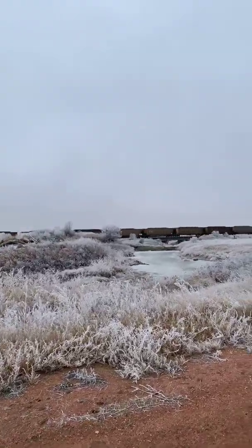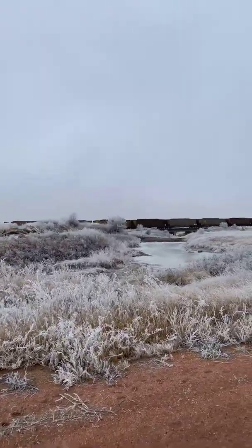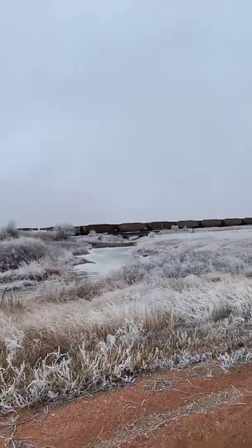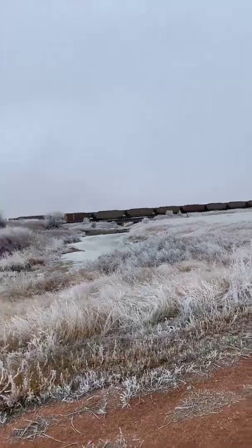I'm here at Diane's Corner, and the train is just going by. It's a beautiful day. I've been hiking around here, and sure enough, the train came through. Let's see if I can get a picture of the view here. They're hauling coal. The train was such an important part of Belfield here, and you can catch the frost on